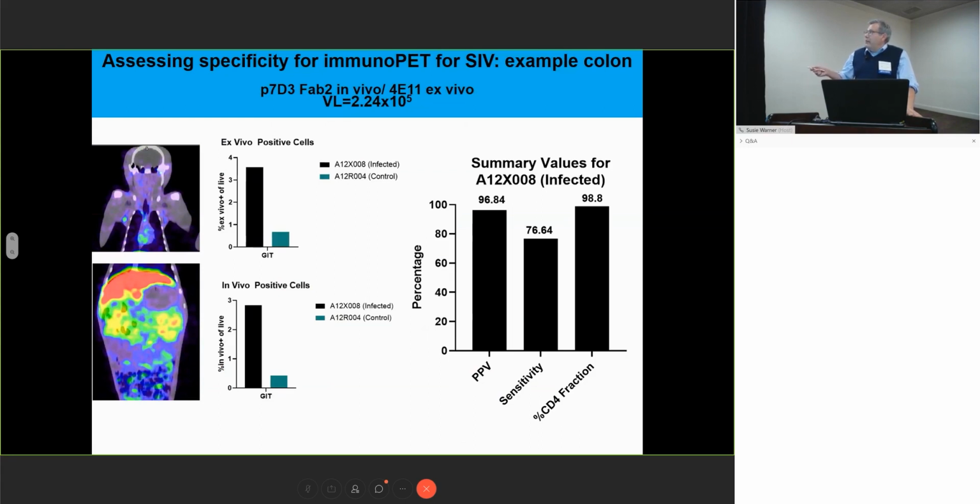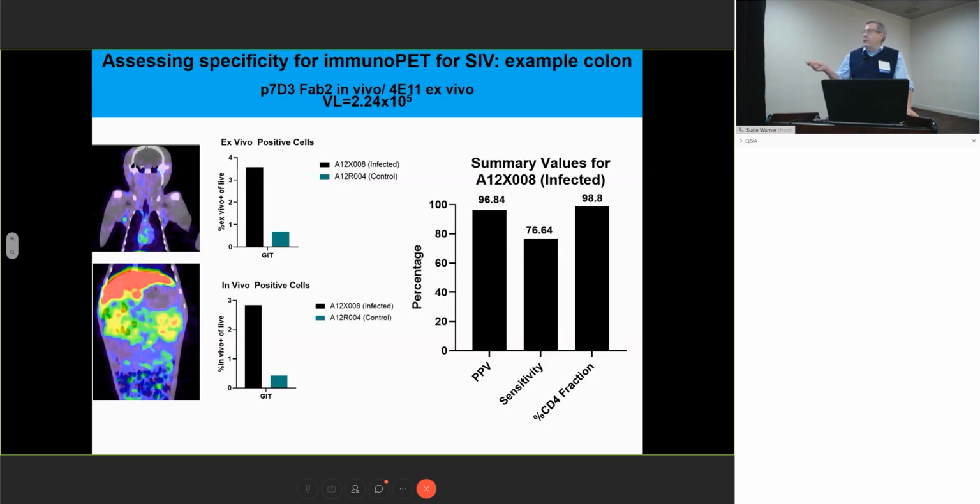So we get about 96% specificity. Our sensitivity was about 76%, and what I mean by that is that it actually is underestimating. So we're underestimating the number of positive cells, which, I'll be honest, I'll take that as opposed to overestimating. And so only hitting 76% may mean that we need to look at dose, and the percent that were CD4 positive was about 98%. So the point is that we can use this to look at cells from individual hot tissues and get these types of numbers. And I think this is important in terms of really nailing down our specificity and sensitivity.